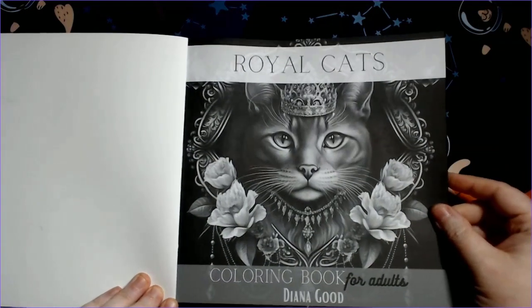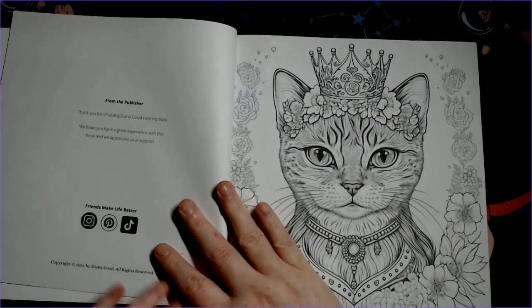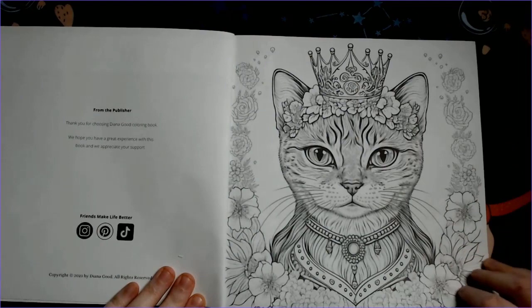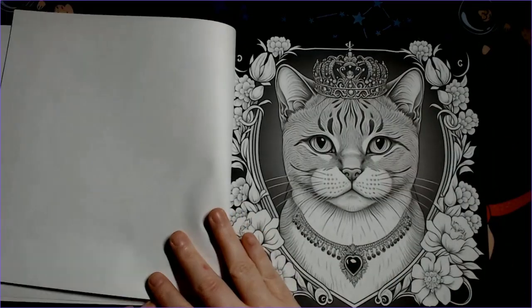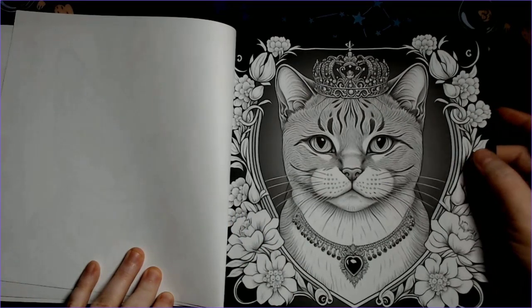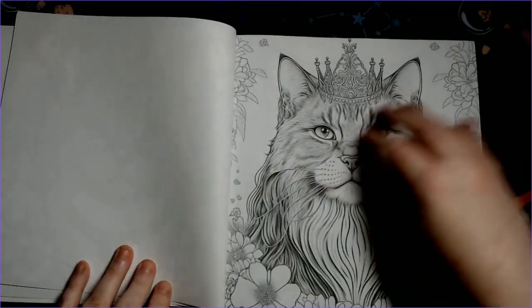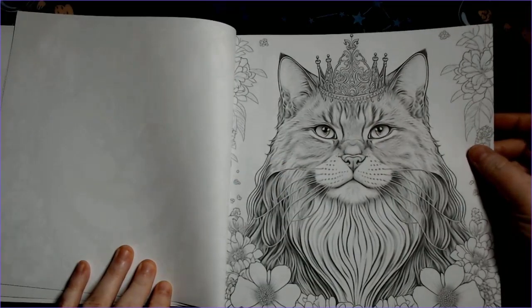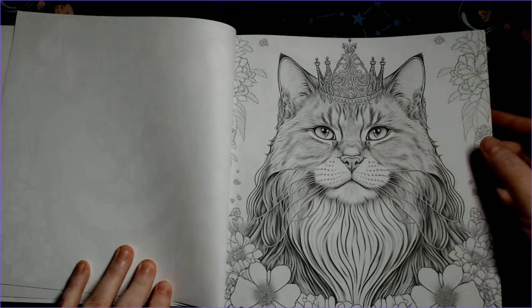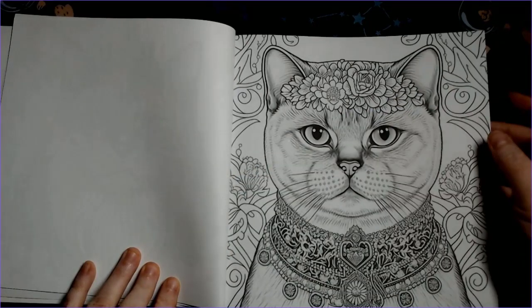I talked about these books a little bit last night and some other things. So a few of these look just a touch blurry, which I don't particularly like, but I love this one. That background is just luscious. This was printed really well with the black, super dark and grayscale backgrounds. Some of them are a little blurry, but I think once you go over them and actually color them in,